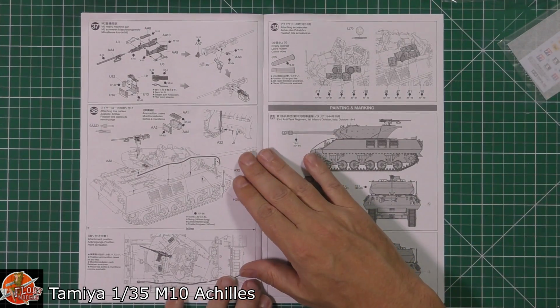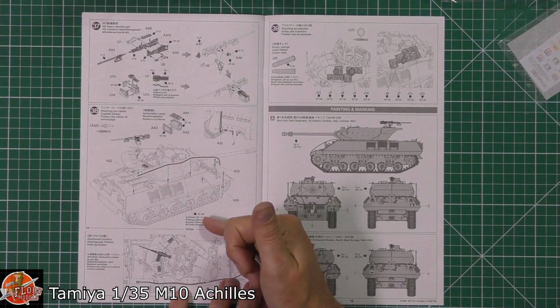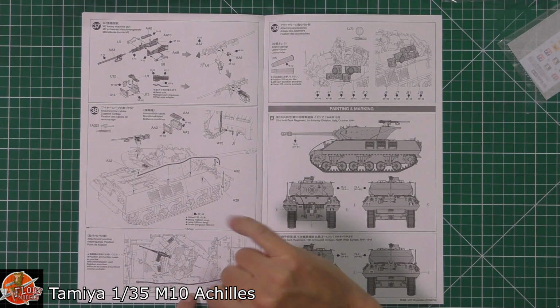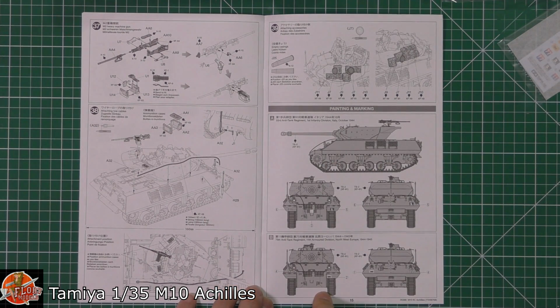All right, so very, very nicely done. And then a few more things, towing things, cables, stuff like that being fitted on there. Got some empty shells as well, looks like it. So some nice details. And then obviously for your markings from this one, so we've got the 93rd Anti-Tank Regiment,